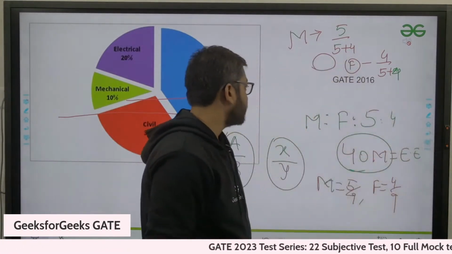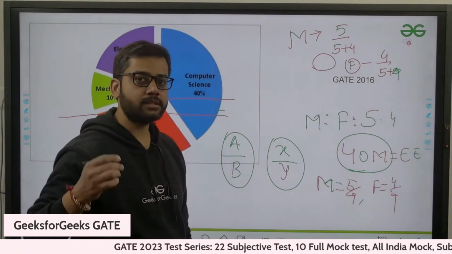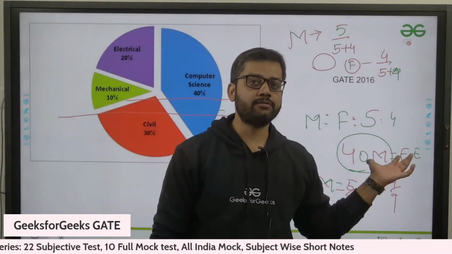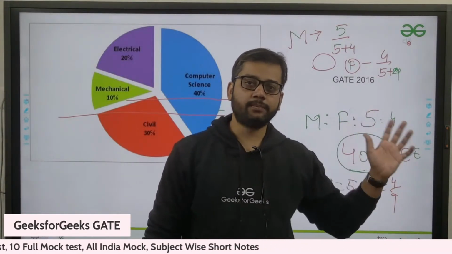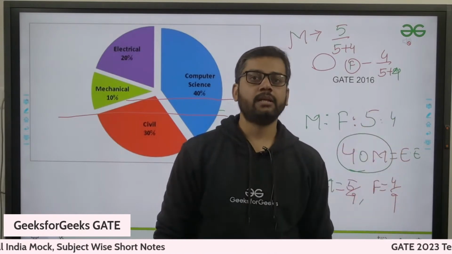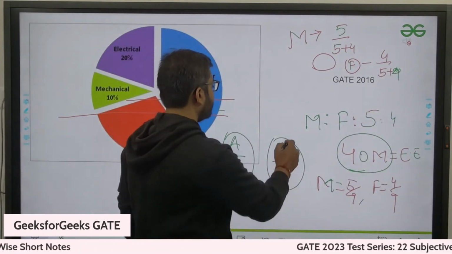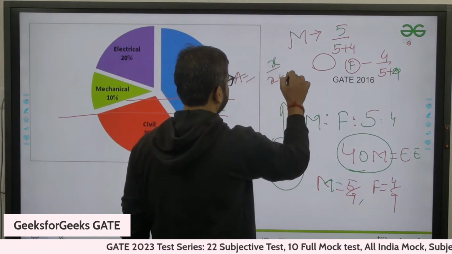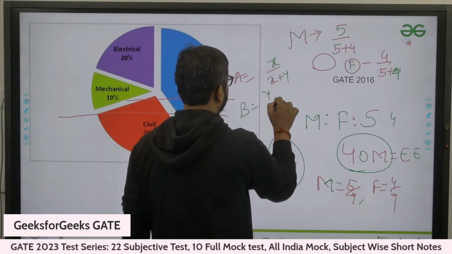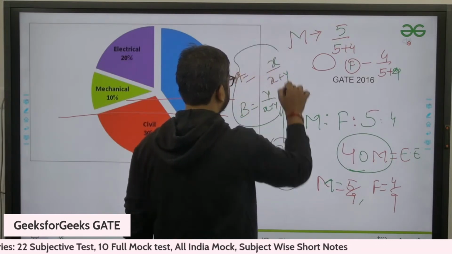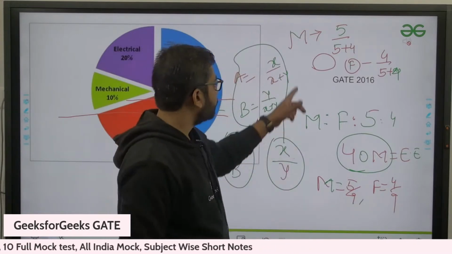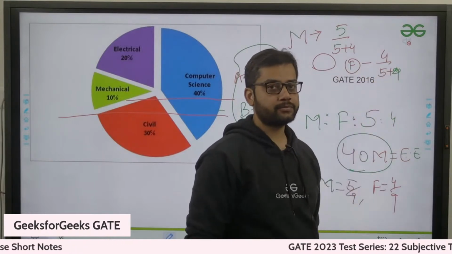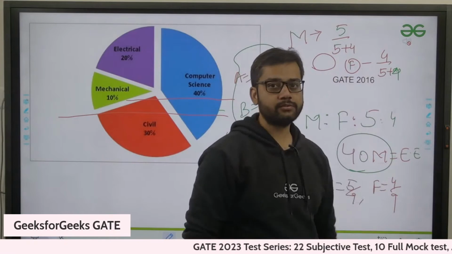यहां तक कोई भी दिक्कत हो तो बताना, ठीक है. If you have any doubt till now, because this is a very basic ratio, I don't want you to get any misleading from where I have just introduced this concept. It's a very basic ratio and proportion concept. Like if the data is given as x is to y, then for a it will be x upon x plus y, and for b it will be y upon x plus y. That's a simple thing. So for male it is 5 upon 5 plus 4, and for female it is 4 upon 5 plus 4. So for male 5 by 9, for female 4 by 9. Okay,